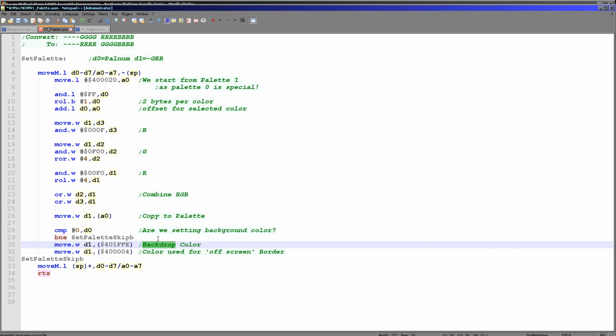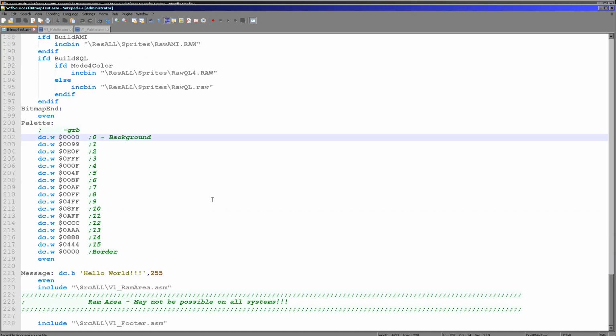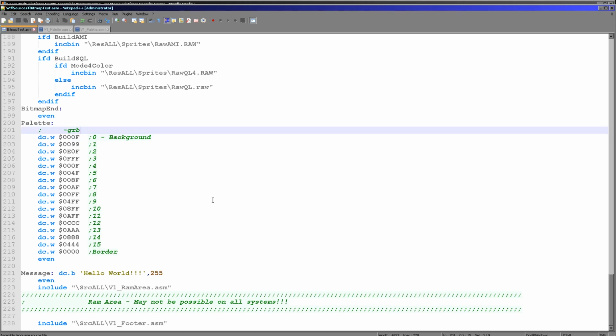And then one final addition is that by default, when the system boots up, the off-screen areas of the screen are colored in with color 2 of palette 0, and if we don't set that, we will see them show through. Just run that out here, and then if I change this to a blue here and we just run this again,